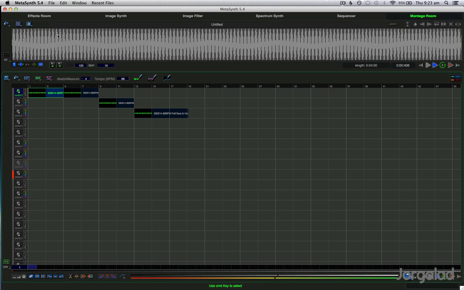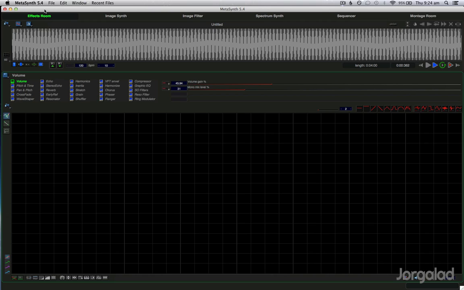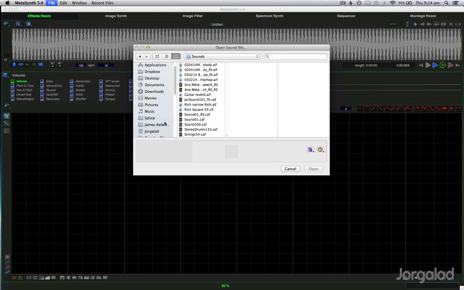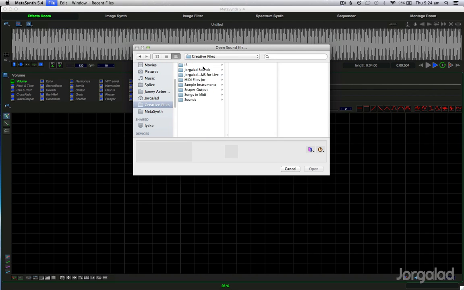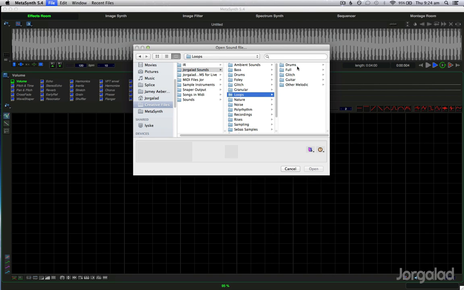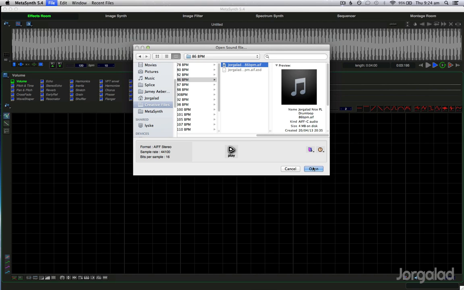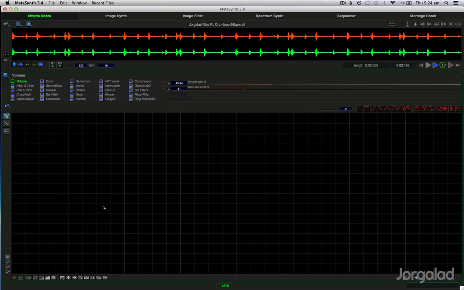So the easiest room to use, I think, for now is the effects room, because this is just really easy and you have really great effects. And well, let's just show a demonstration. I can open a sound here. I'll go to my own folder and I'll go to my loops folder, and then I'll choose a drum loop. Let's choose this one. So this is an 86 BPM loop, and now I can change the tempo here to 86,